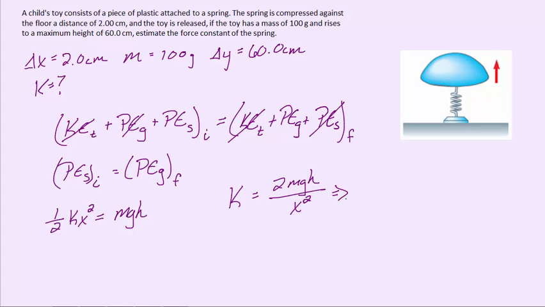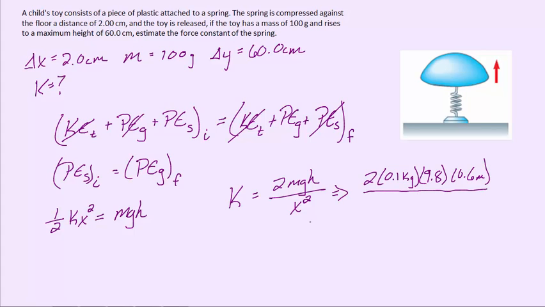So we can plug in our values given our mass of 100 grams, which must be converted to kilograms. So if we move it 3 decimal places, we'll get a mass of 0.1 kilogram, multiplied by the acceleration due to gravity of 9.8 meters per second squared, times our displacement height, which will be 0.6 meters,